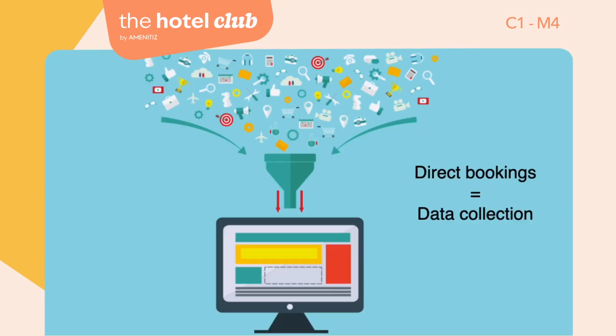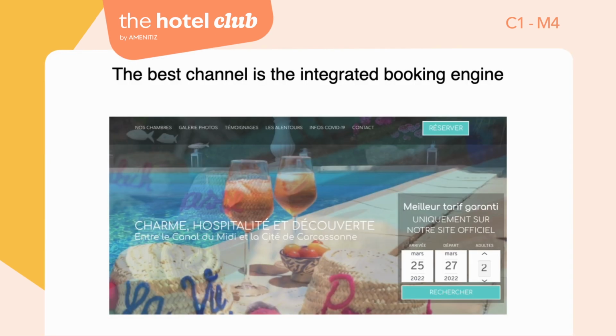And then another important point of direct bookings is the data you can collect. By prioritizing bookings via an integrated reservation system on your website, coupled with a PMS, a property management system, you can collect a lot of data about your customers. And this will help you greatly in segmentation and forecasting, which we will see later in Chapter 3. And finally, the booking engine on your website is a distribution channel that can be linked to any persona or segment. The customer will be able to book whenever he wants and wherever he is.